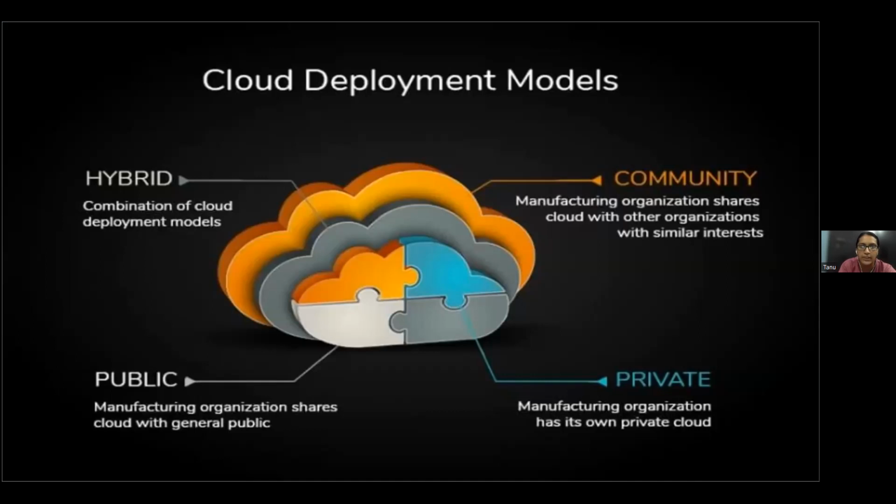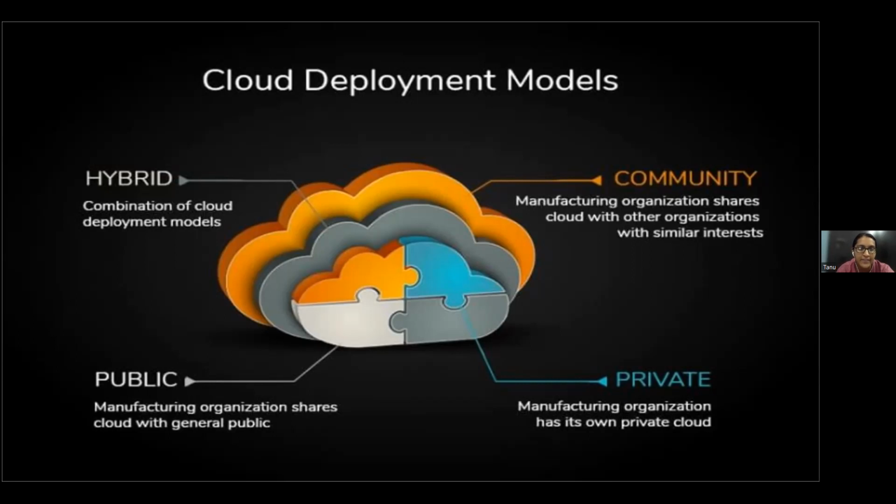Now coming to the cloud deployment models. There are four main cloud deployment models. First is public. It is basically freely available, it is the largest cloud, it is cheap and highly secure, and we can set it up easily and quickly to our requirements. The second one is private. Private ensures security and control over all sensitive data for private users. Compared to the public cloud deployment model, it is costly and less fast and flexible in adaptation.